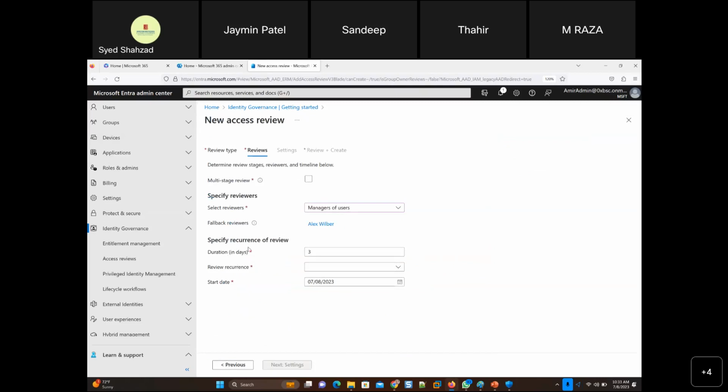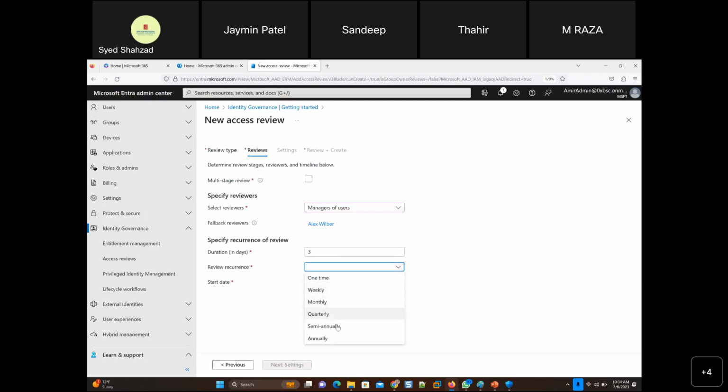And then duration is to specify recurrence of review. So in 3 days. So, okay, first day, the email came and you did not review. You didn't have time or you were just lazy. So second day, email will also come. Third day, the email will also come, and after that it will just want some decision, or it will automatically do something for you because you're not really doing anything about this. So for 3 days emails will keep reminding you that, hey, you need to review this group.